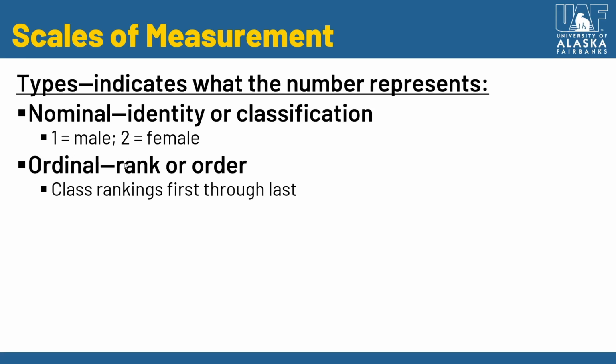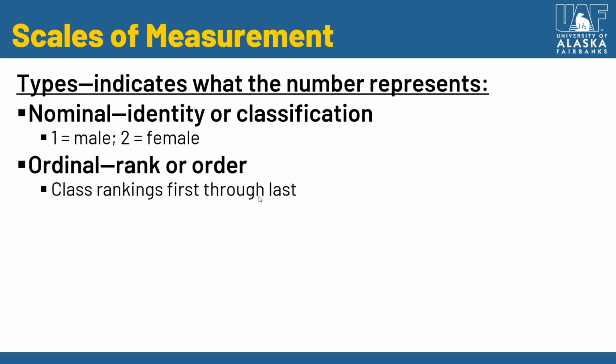Ordinal then, it's still categorized, but there's some rank system to it, right? So if I ask people their class rankings first through last, so if I, at the end of the semester, made a ranking system of best student to worst student, that would be one example there, right? There's just a clear ranking system, but the numbers don't reflect the extent to which people differed,